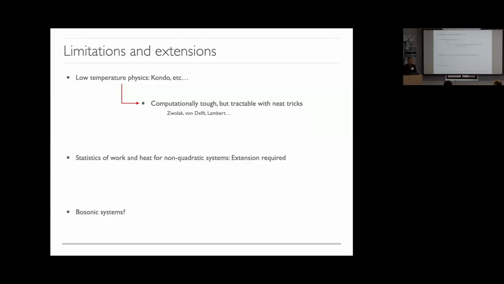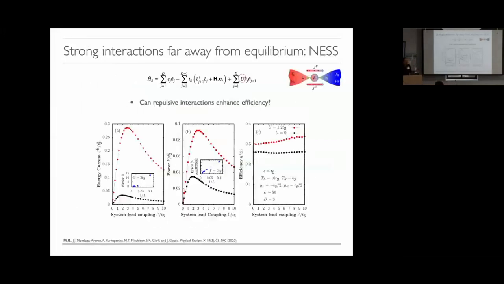So you compared with Landauer theory, but Landauer theory is actually an approximation that works in the weak coupling limit. No, it's not. What do you mean? You have to actually use the non-equilibrium Green's function approach. No. That's only if you look at interacting systems. For quadratic systems, it's perfectly exact.